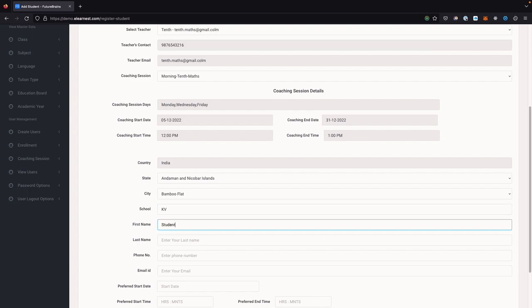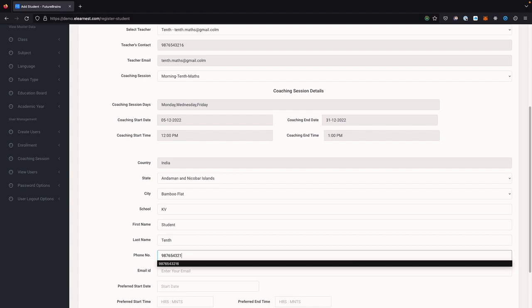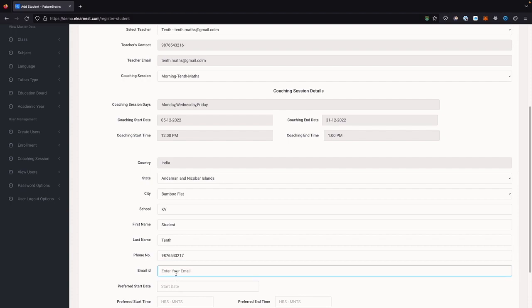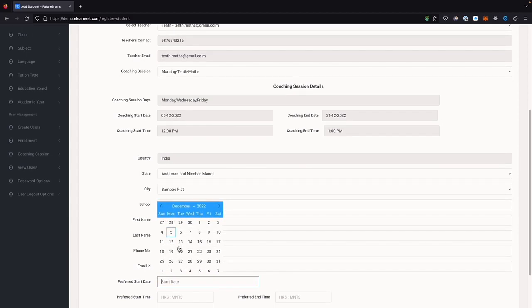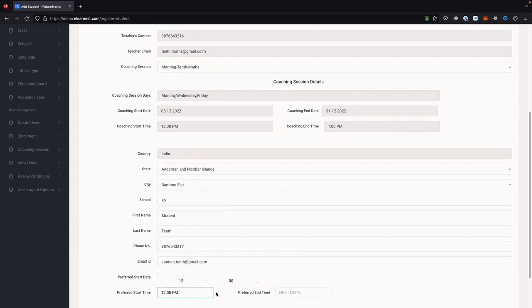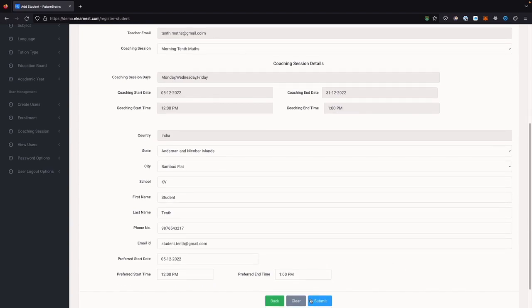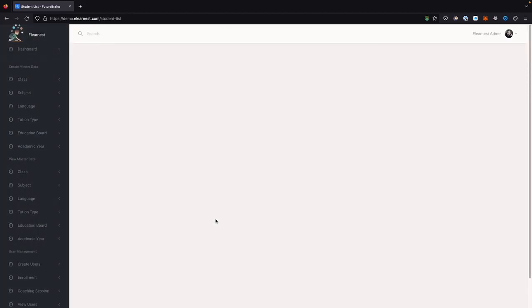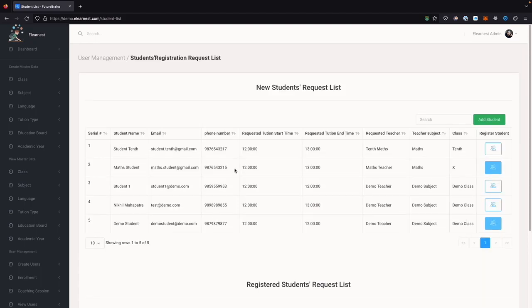So student, 10th, phone number, email ID. Student can enter their preferred start date and time and submit the request. So once the request is submitted, this will show in the institute admin new student request